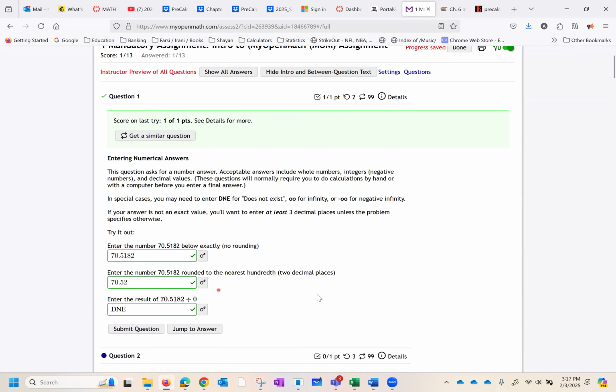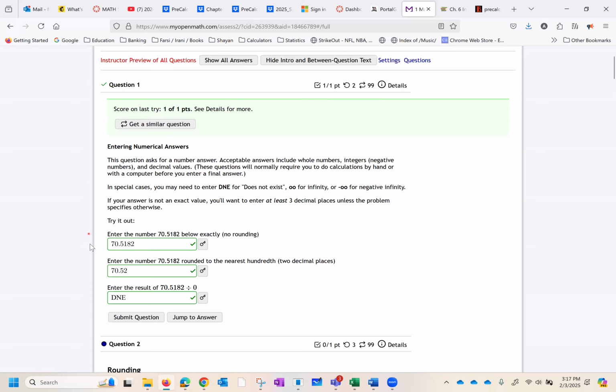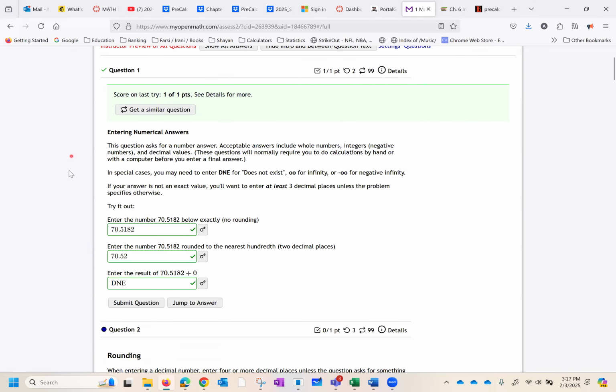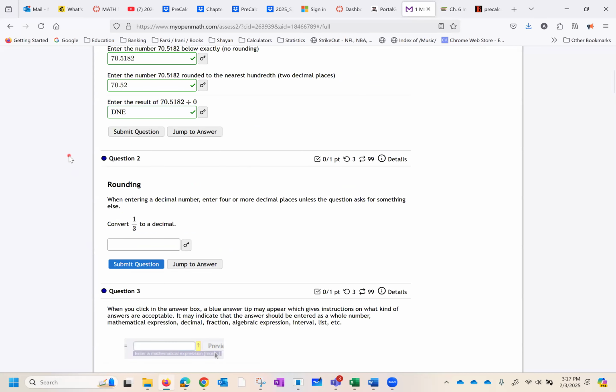I submit the question. The check mark shows that I have it right. And not only that, the grade has been already recorded for me. For this homework, the entire homework says, well, one of them is done right. And as soon as I come back to do the next and the next, it adds up.